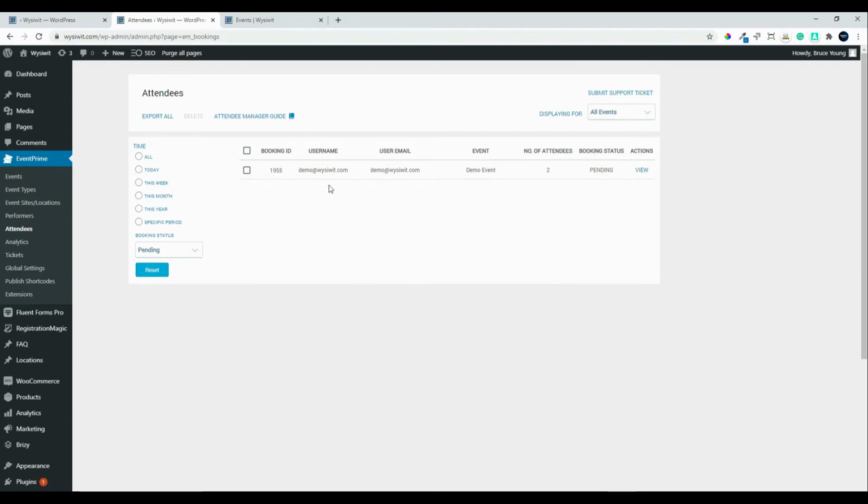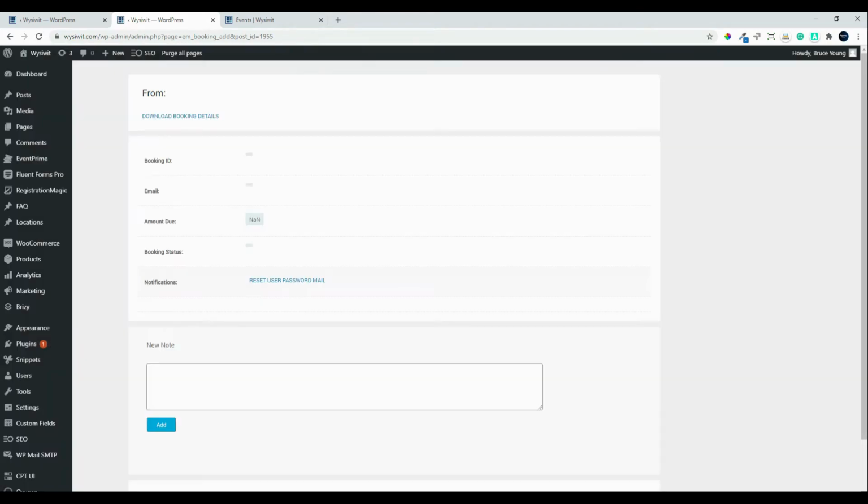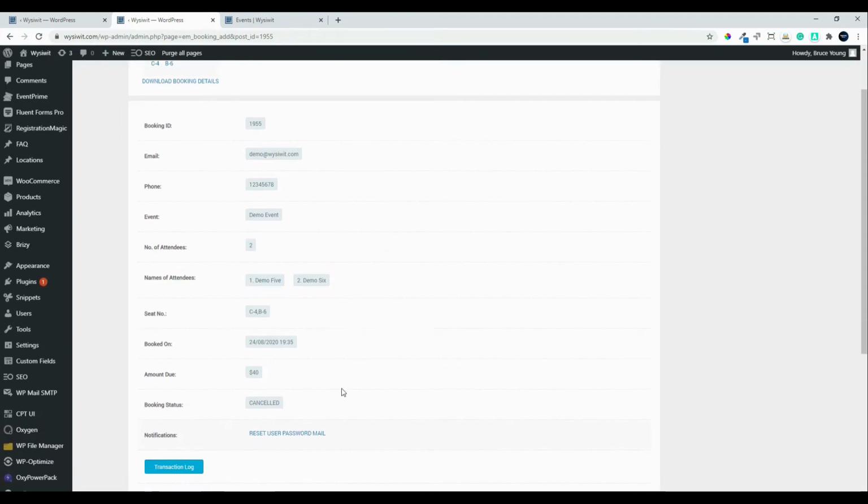So this is the pending payment. And you'll see here are the details for that booking. The email, amount due, booked on, booking status,